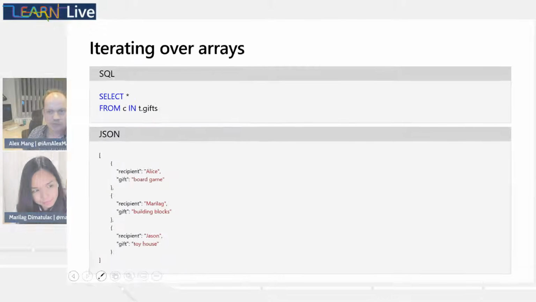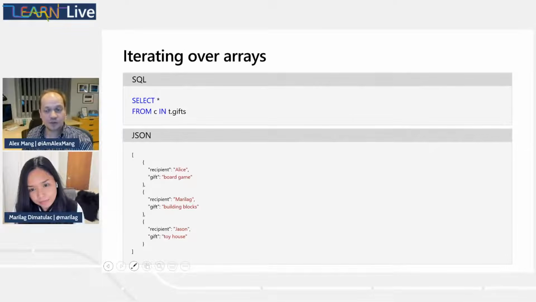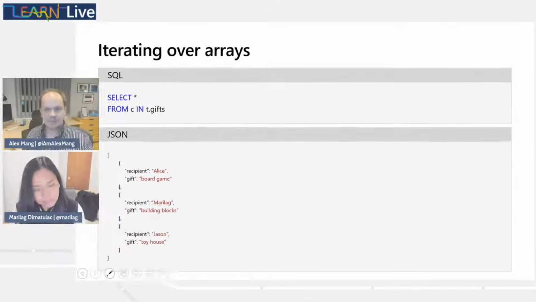So Azure Cosmos DB actually provides support for iterating over arrays by using the in keyword in the from source. And this is, again, best illustrated, in my opinion, with an example. So the query you have here will actually return the data from the gifts array from all the items in the container. So let's take a couple of steps back. Let's imagine